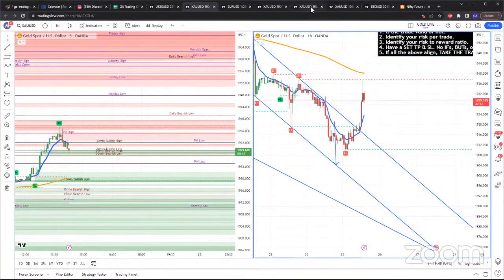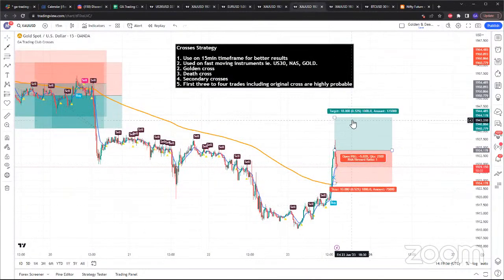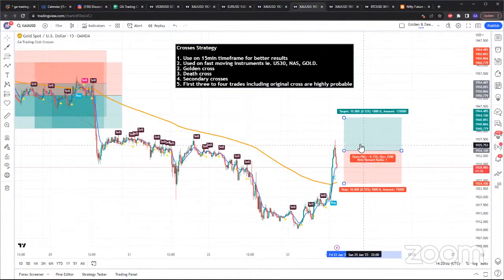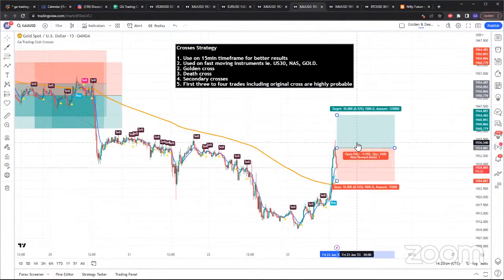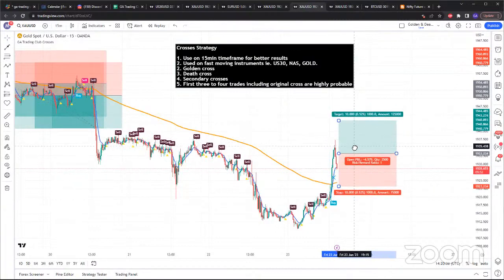If I'm counting the probability of that trade, of course, the breakout scanner really does not help us in any way for the sells. Neither does the golden crosses indicator, or the crosses indicator does not really give us any entry. You can see for this golden cross, you'd have been all the way up, or you'd have been in drawdown. So for me, I'm not looking for buys on gold. I'm more inclined to sells.